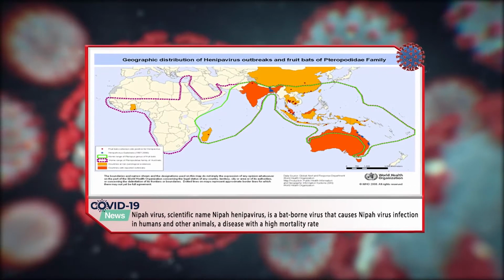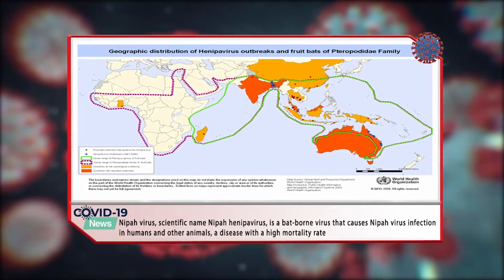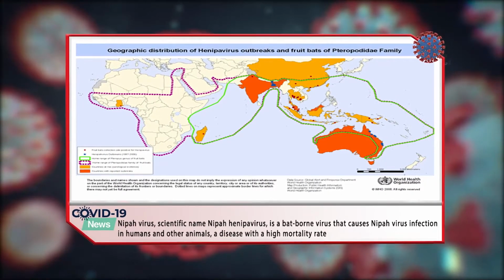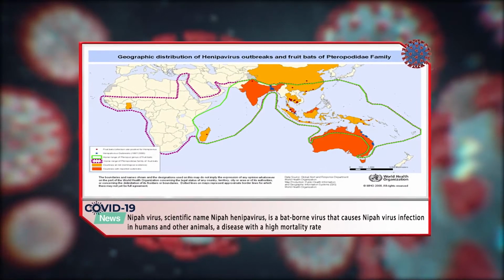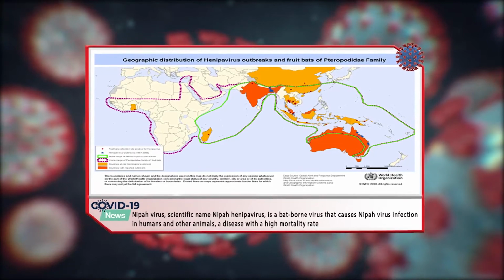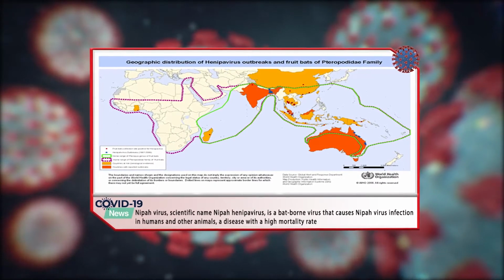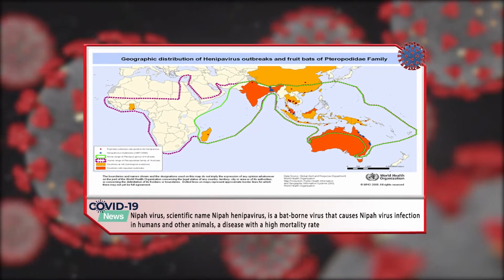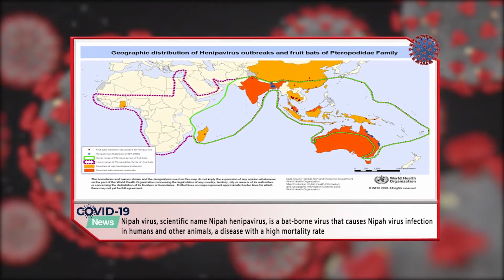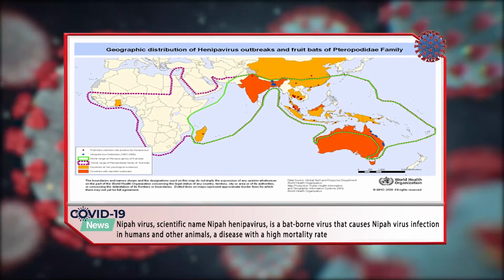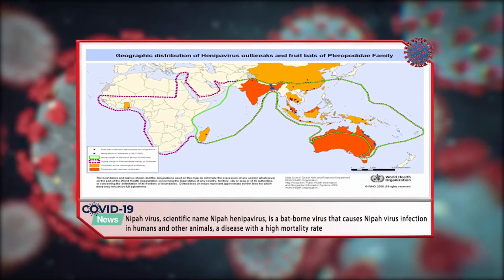The first cases of Nipah virus infection were identified in 1998, when an outbreak of neurological and respiratory disease on pig farms in peninsular Malaysia caused 265 human cases, with 105 deaths. The virus itself was isolated the following year in 1999. This outbreak resulted in the culling of 1 million pigs. In Singapore, 11 cases, including 1 death, occurred in abattoir workers exposed to pigs imported from the affected Malaysian farms.